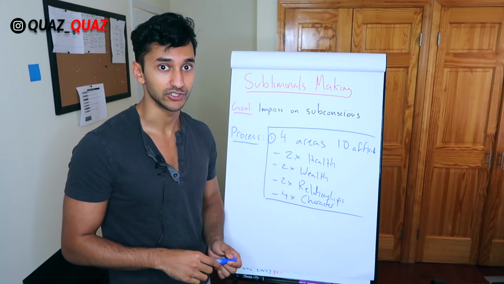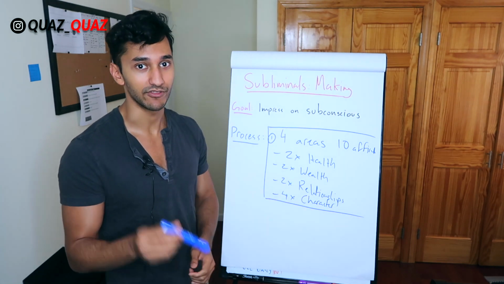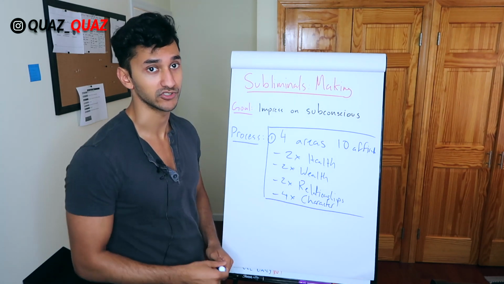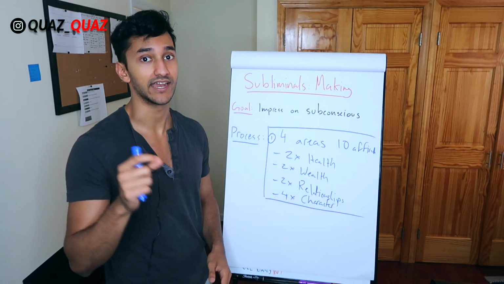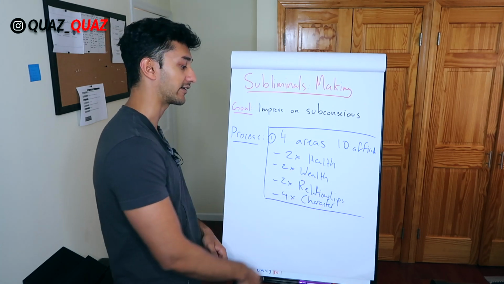For right now, just try out the first person, see how it works out for you, because it did work for me until it didn't. But the third person has been really effective for me. So start out with the first person or even just pick the third person. Pause this video, make the 10 affirmations right now. 2 for health, 2 for wealth, 2 for relationships, 2 for character.